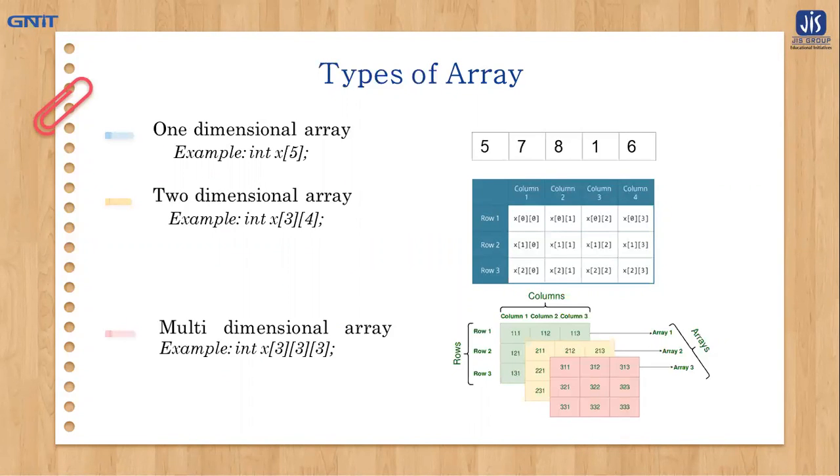So what are the types of array? Mainly, we can say that there are 3 kinds of array. One is one-dimensional array, second is two-dimensional array, third one is multi-dimensional array. It depends on how many dimensions the array has. So first is one-dimensional array, where we have these elements 5, 7, 8, 1, 6,